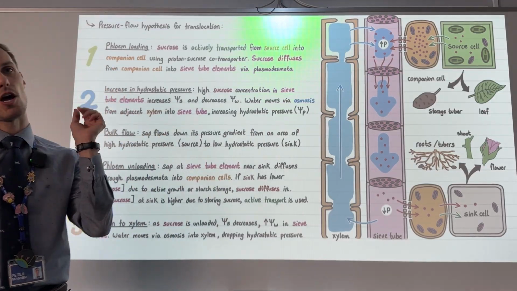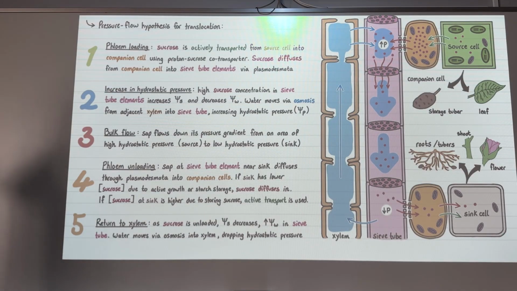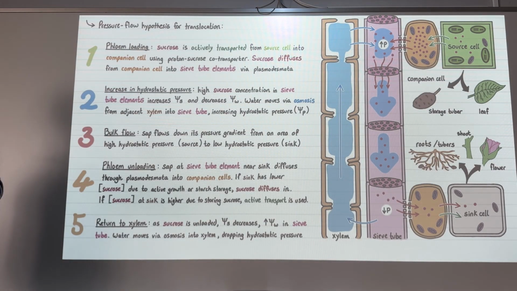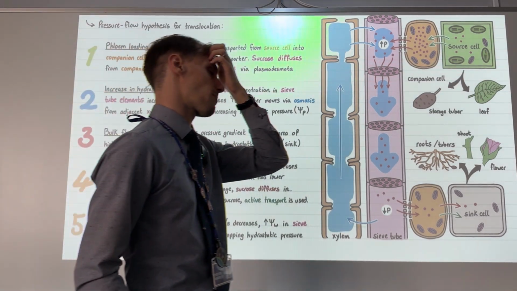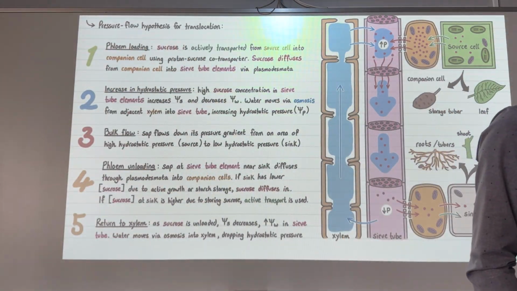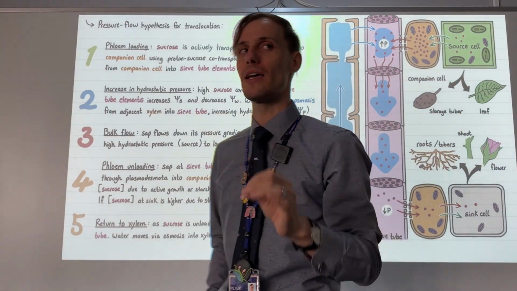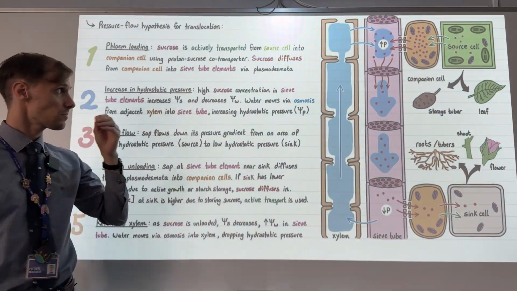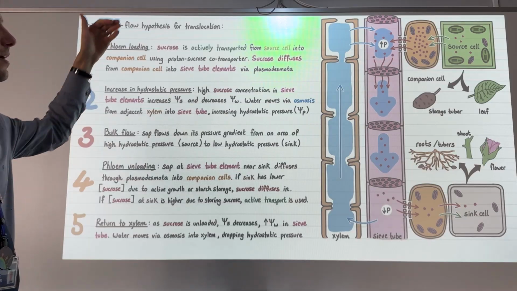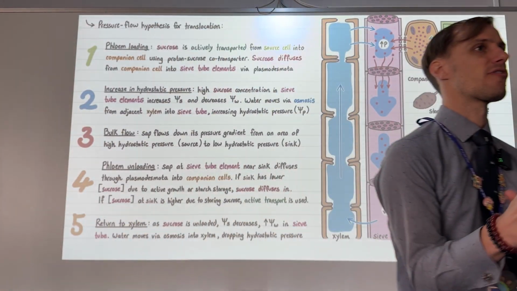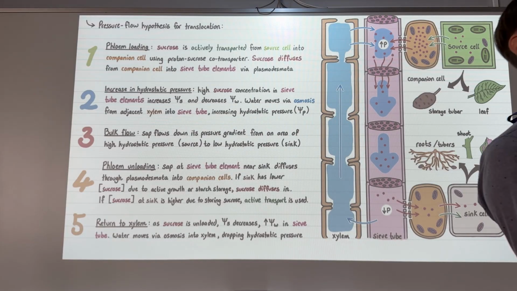We're finally going to talk about the phloem here, and we're going to use something called the pressure flow hypothesis for translocation. So this is a mechanism that has been proposed to explain how sap or sugar water or other kind of solutes within water are transported through the plant. And they're primarily transported not in the xylem, but in the phloem. So let's discuss step by step how we're actually getting sugars and other vital metabolic nutrients to other parts of